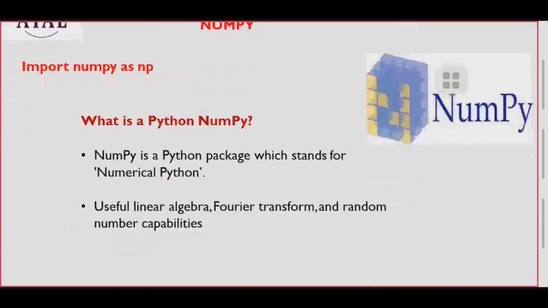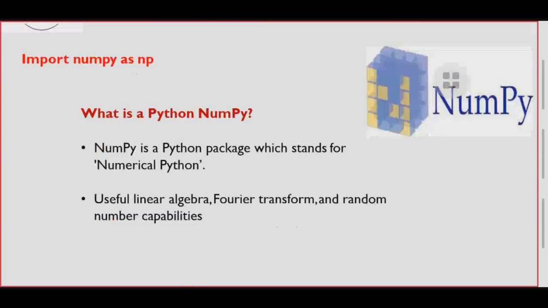Then we are going to see NumPy. For numerical Python, we will use this NumPy. This is a package or library. We import NumPy as np, you can use any other name. If you are using np, we can identify that the NumPy library is being used. So we give that short name as an object creation. For handling linear algebra, as I told yesterday, then probability and random processing, we will use this NumPy.